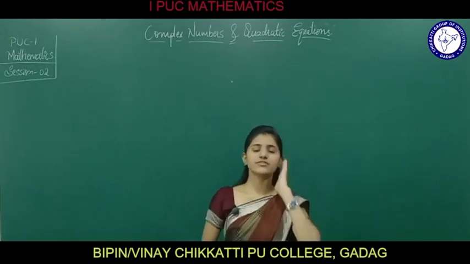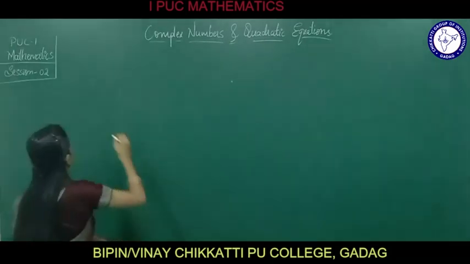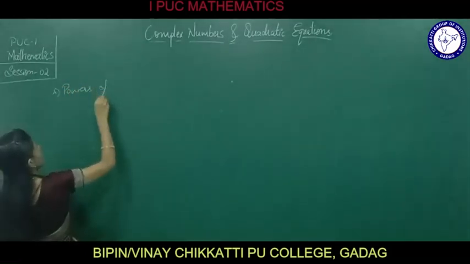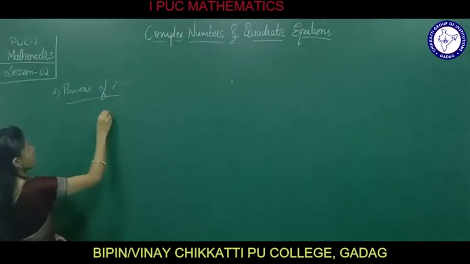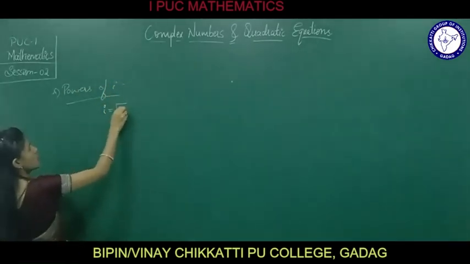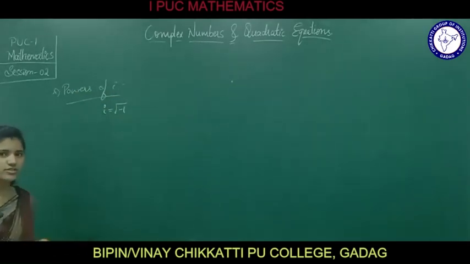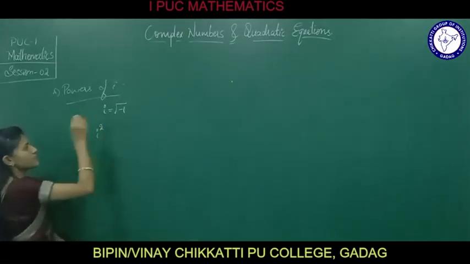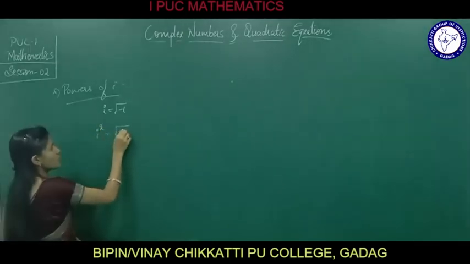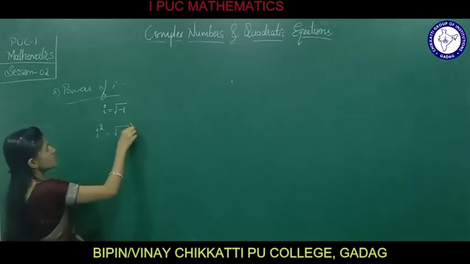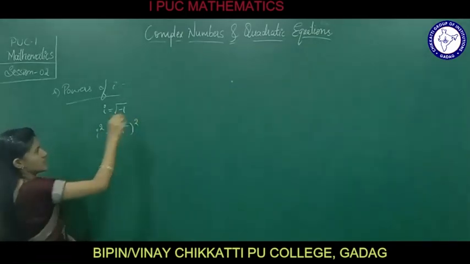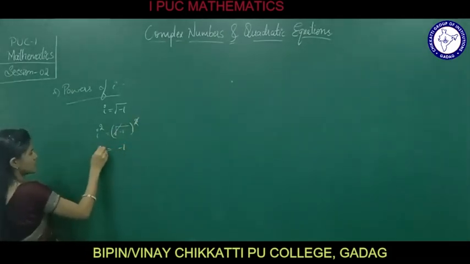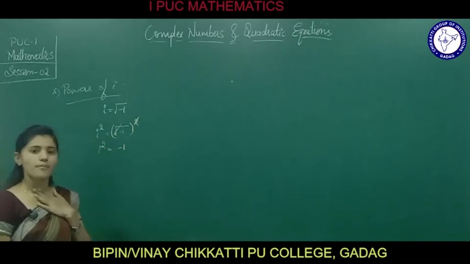How are we going to denote i? See, powers of i. First of all, let us know what is i. We are going to write i as root of -1, right? This is how we are going to represent i, that is root of -1. Then what about i square? We are going to get root of -1 whole square, right? Now root and square are going to get cancelled. We get the value as -1, that is i square is equal to -1.